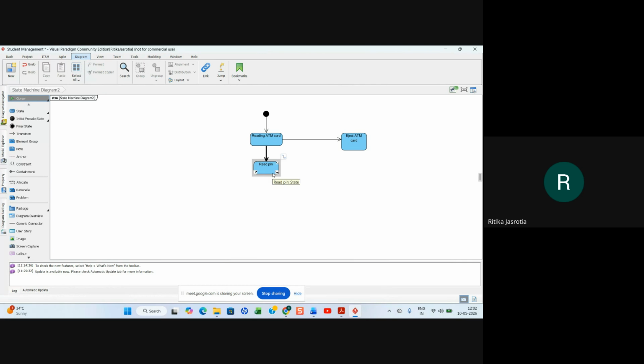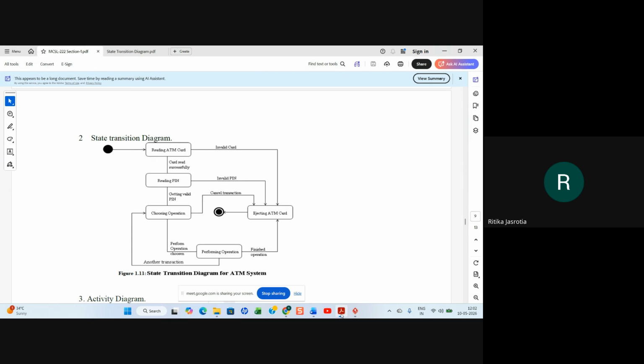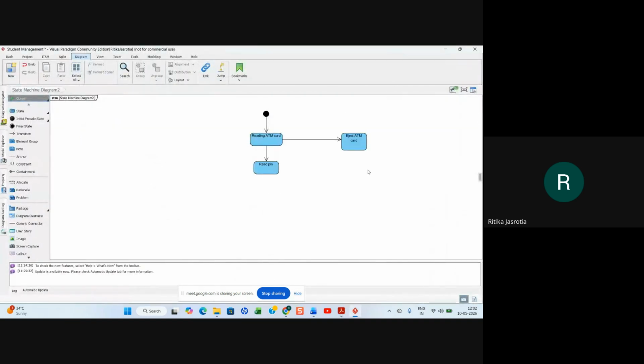The reading pin also, if it is valid, right? If it is valid, then you will choose the operation. If it is invalid, again you will go back to the eject. So they are saying if it is valid, you will choose the operation.